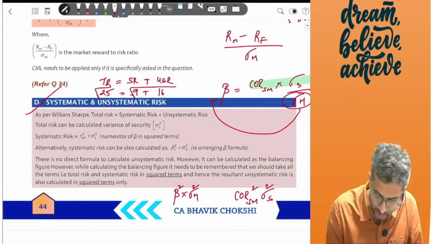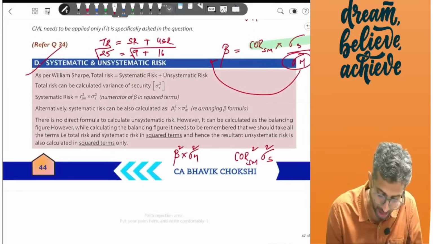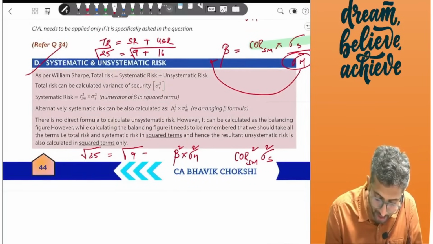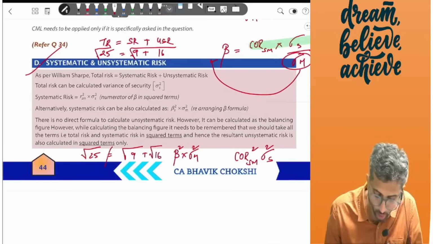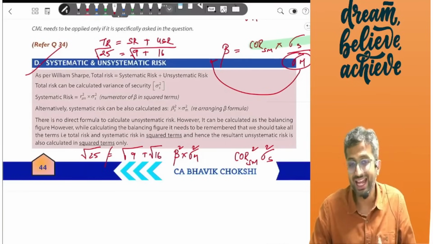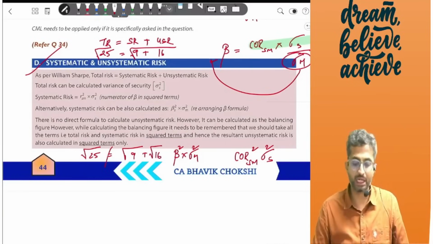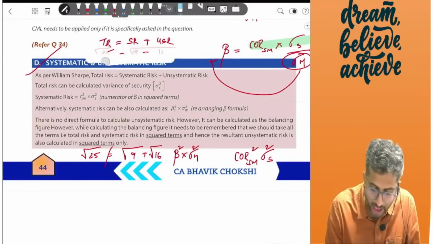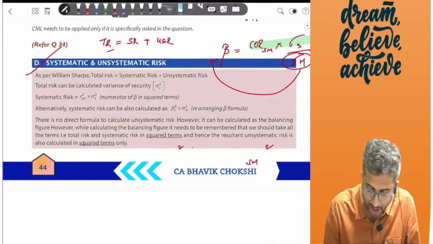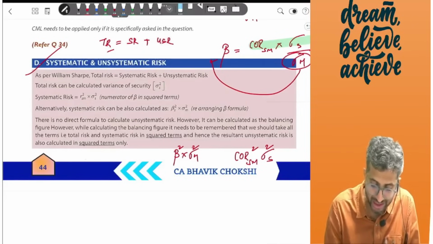I cannot say that the square root of 25 is equal to the square root of 9 plus the square root of 16. This will not work. And hence, sir, we are not understanding what we are trying to say. So over here, what I am trying to say is, when we look at questions where you are asked to